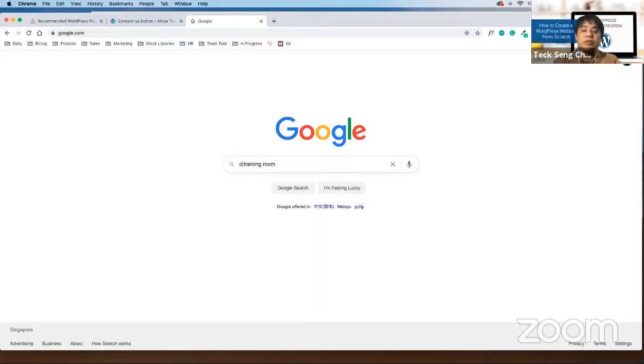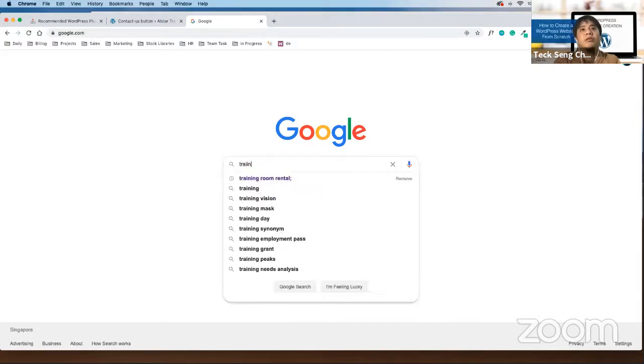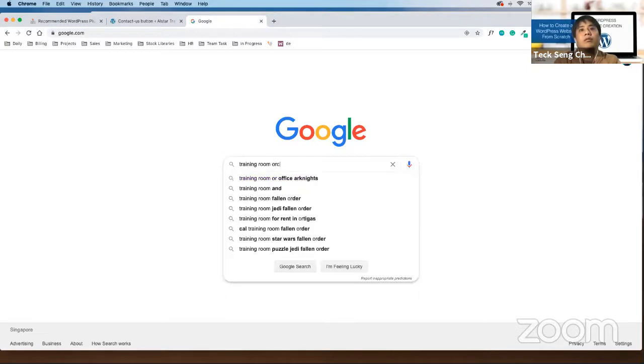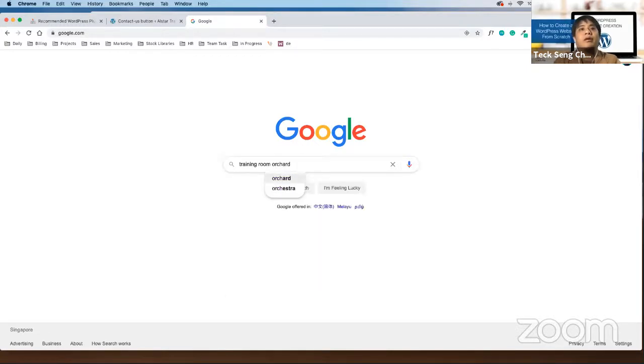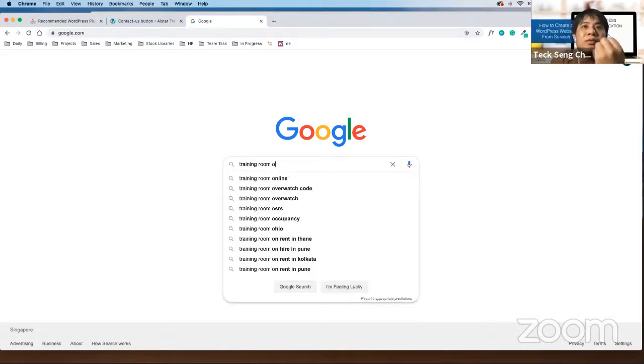Or you can use training room Orchard, but you also see that it doesn't work. So if it doesn't appear in the Google suggestions, you don't really have to use it.